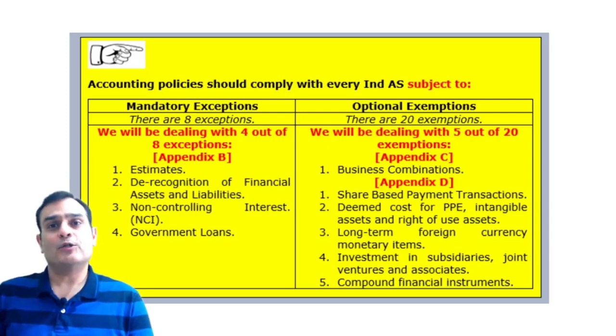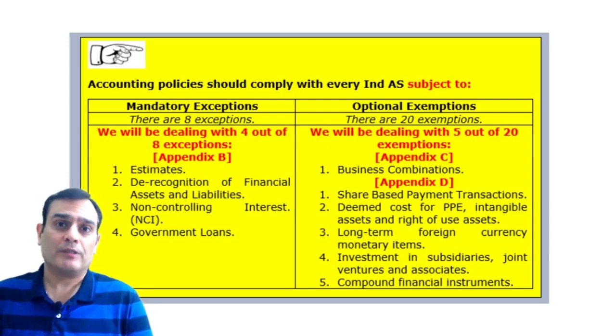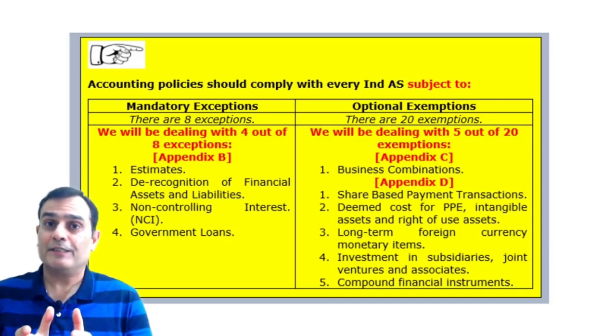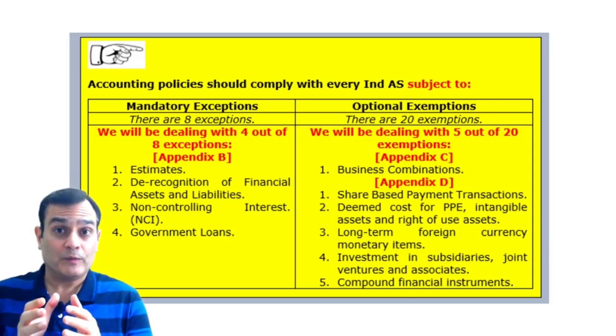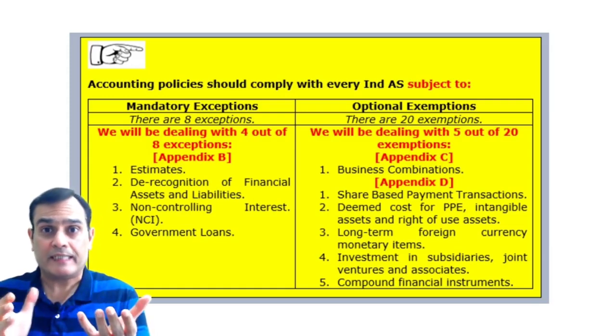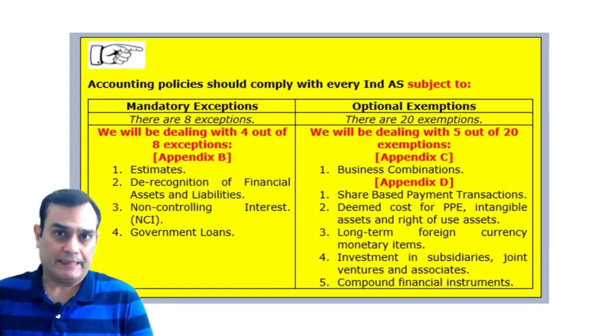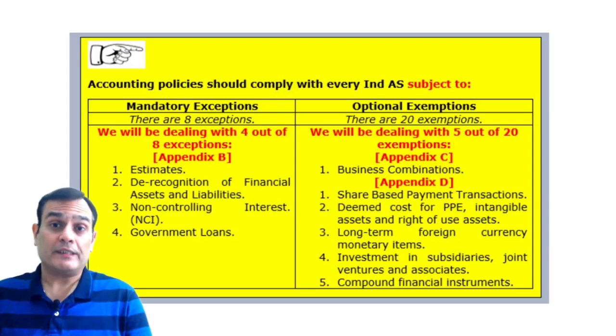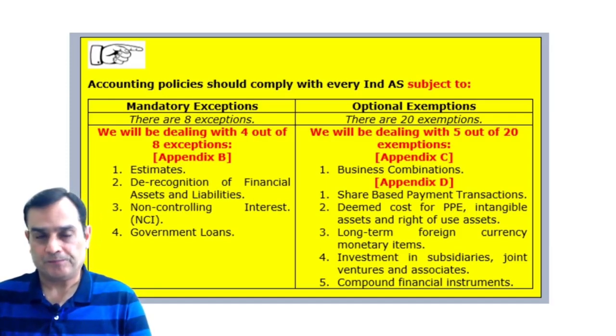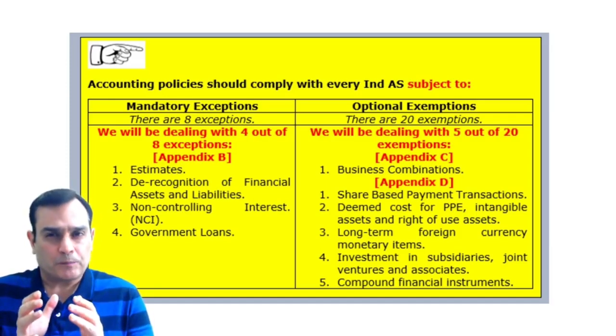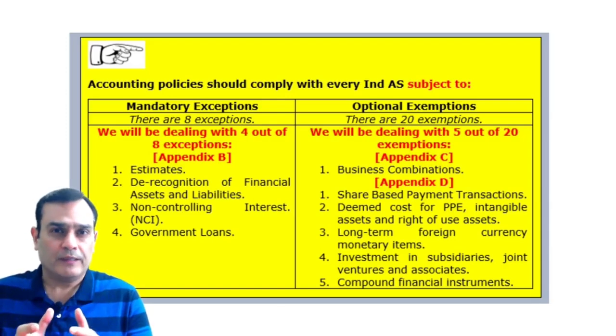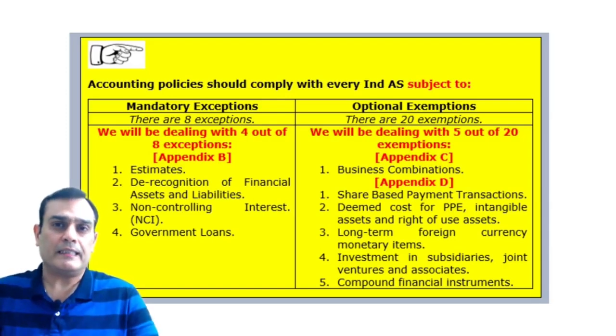The second is on the derecognition of financial assets and liabilities. And the third is NCI, because NCI is something which is going to be very different in terms of the previous GAAP as well as in terms of Ind AS. And the fourth exception is in terms of the government loans, especially the concessional government loans. So we're going to speak about a few of them, that is 4 out of these 8 exceptions,